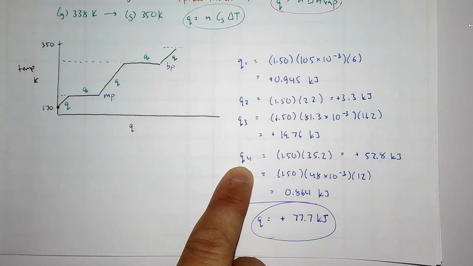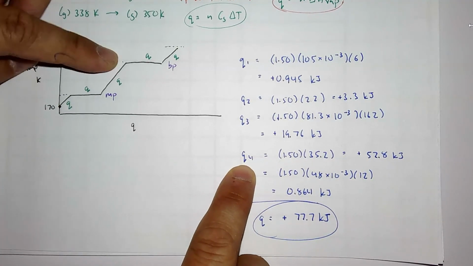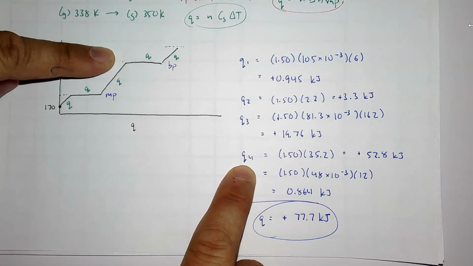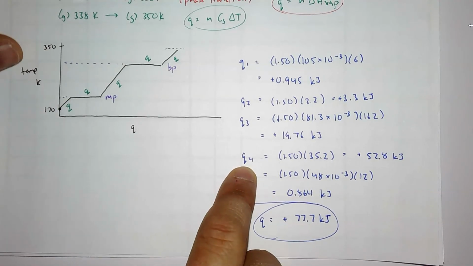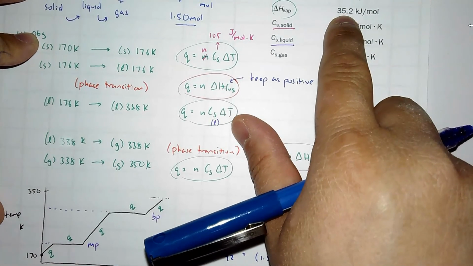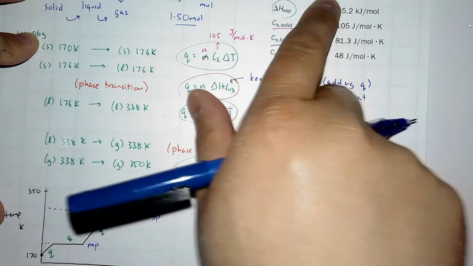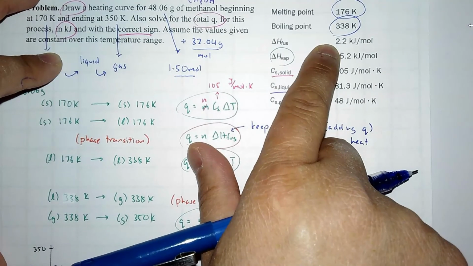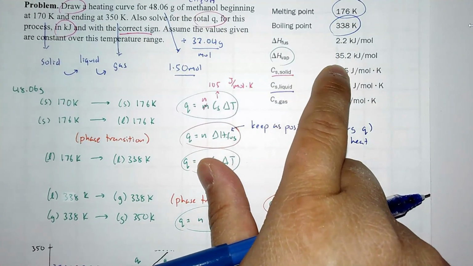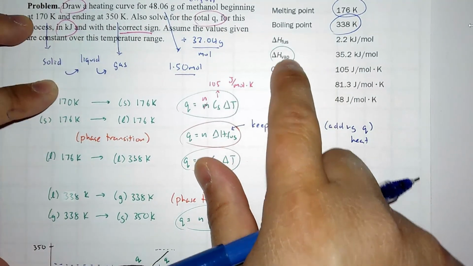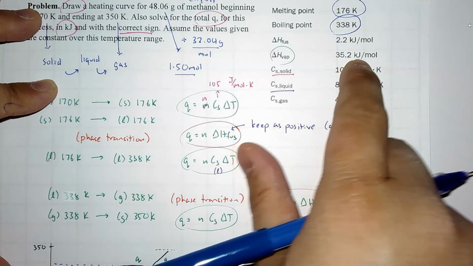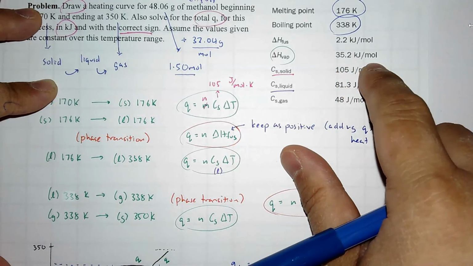Whoa. Q4 is the phase transition. Why is that so large? Because look at the heat of vaporization, 35.2. Compare that to 2.2 for the heat of fusion. So it does take a lot of heat, literally 35.2 kilojoules, to vaporize a mole of